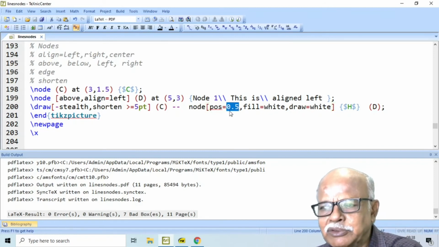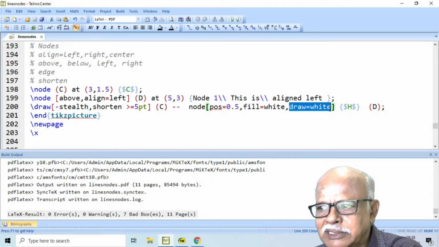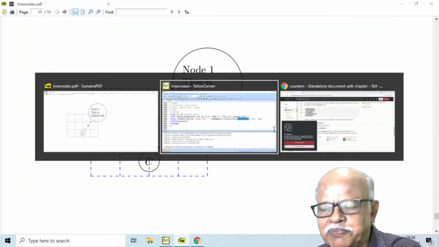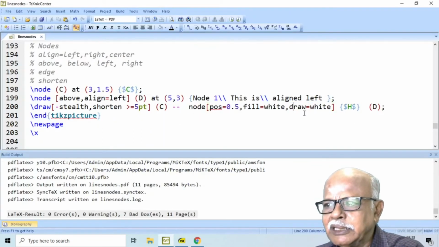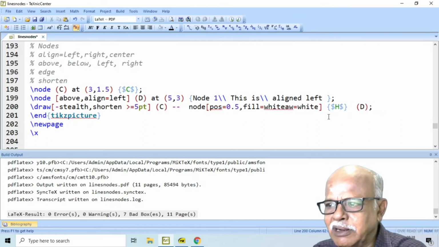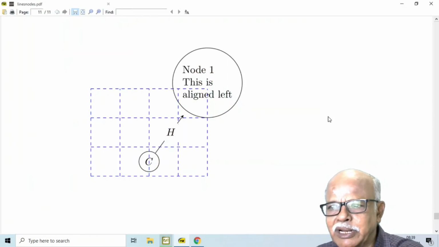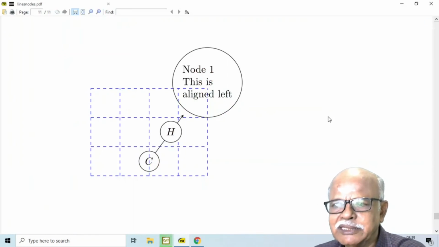This value is 0 near the start of the arrow and 1 at the end of the arrow. I fill the node white. The border is also made white. Then I can have it like this. Suppose we would like to draw the border also. Then you can have it like this.